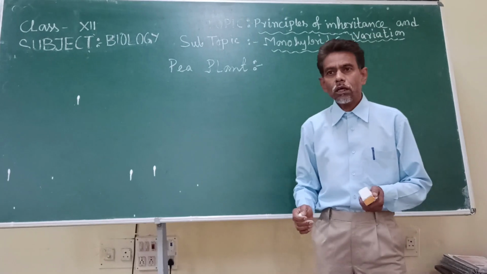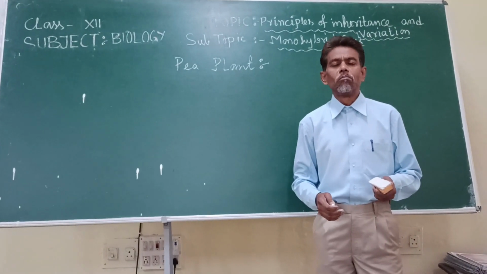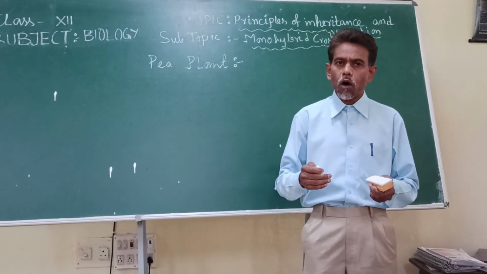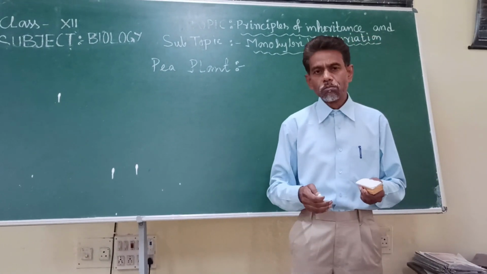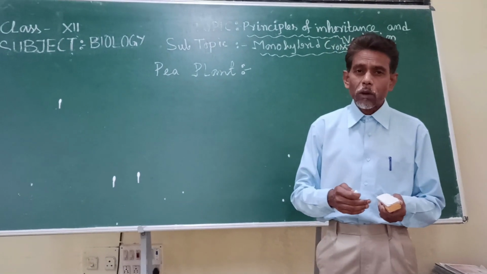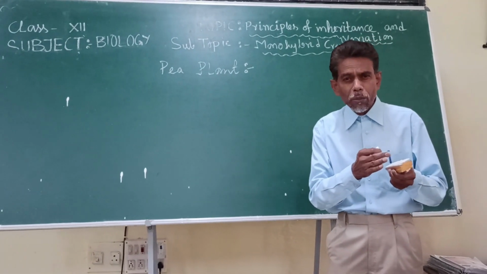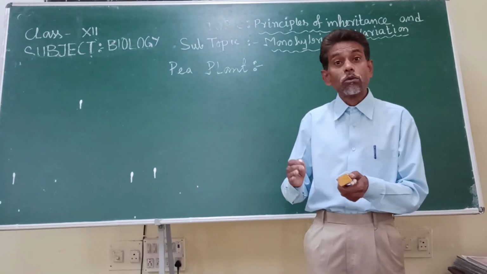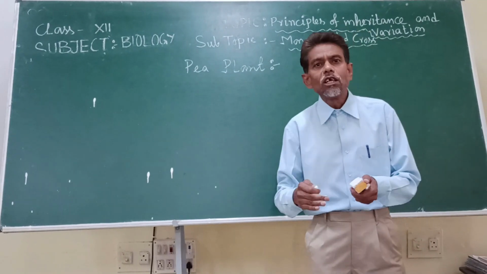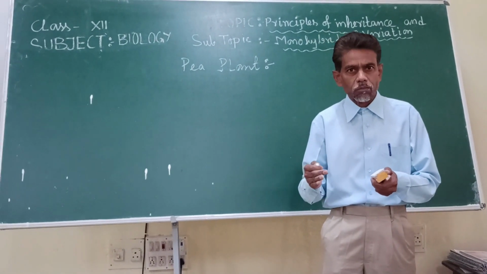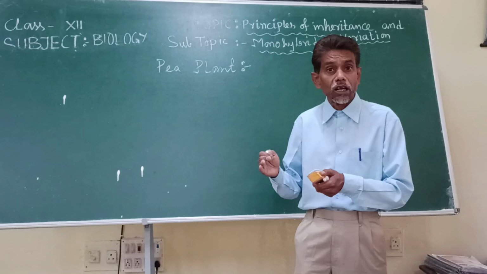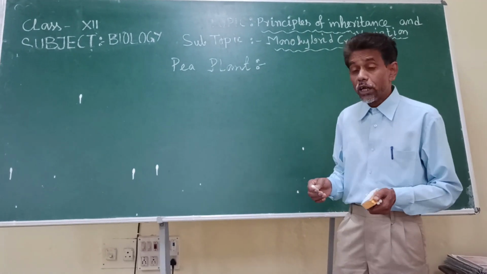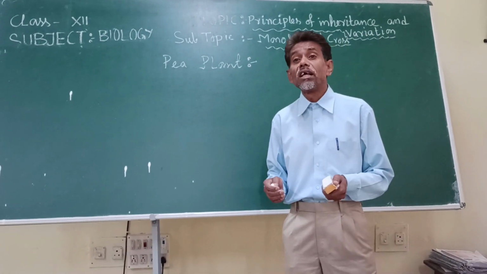It is because within a short span of time, Mendel himself could experiment through so many generations to test his observations, to repeat his observations generation after generation before coming to a particular conclusion. So Mendel took 7 pairs of contrasting characters,